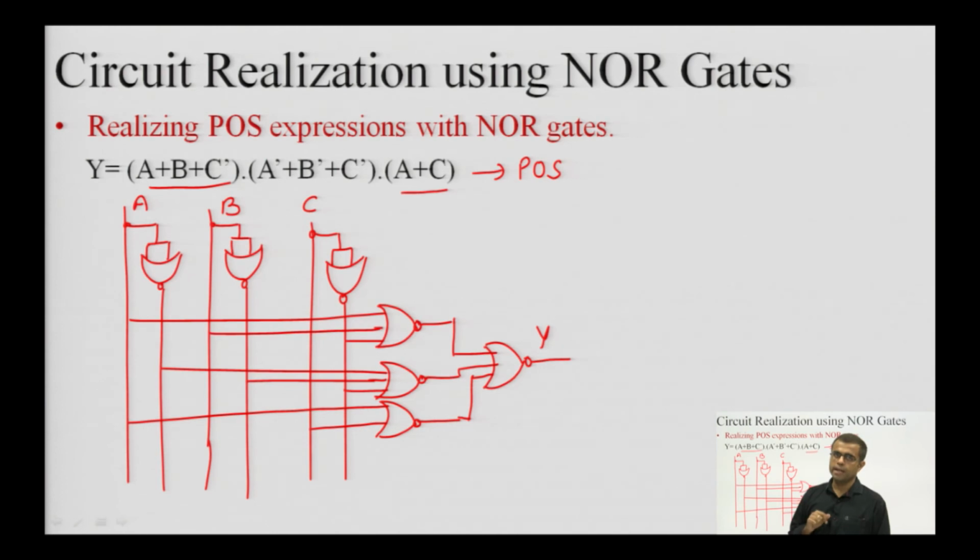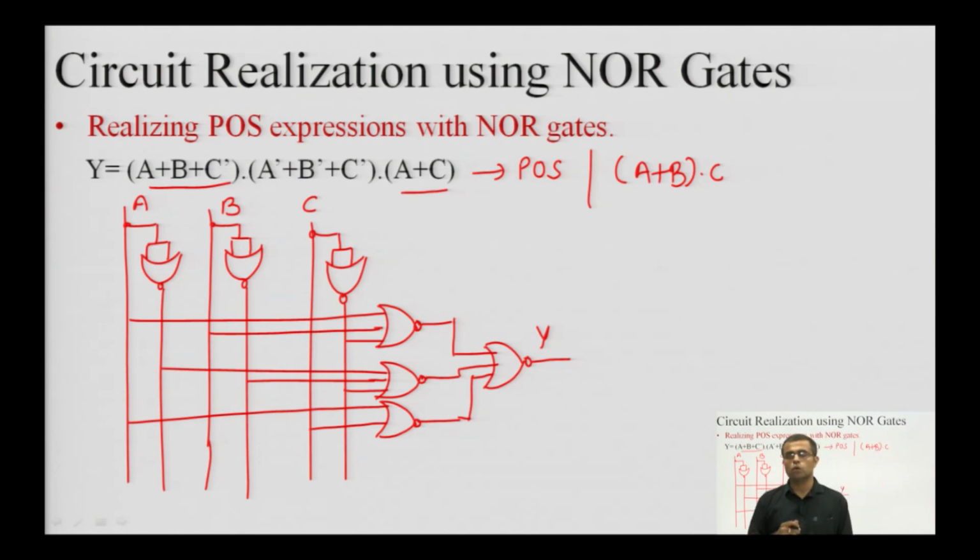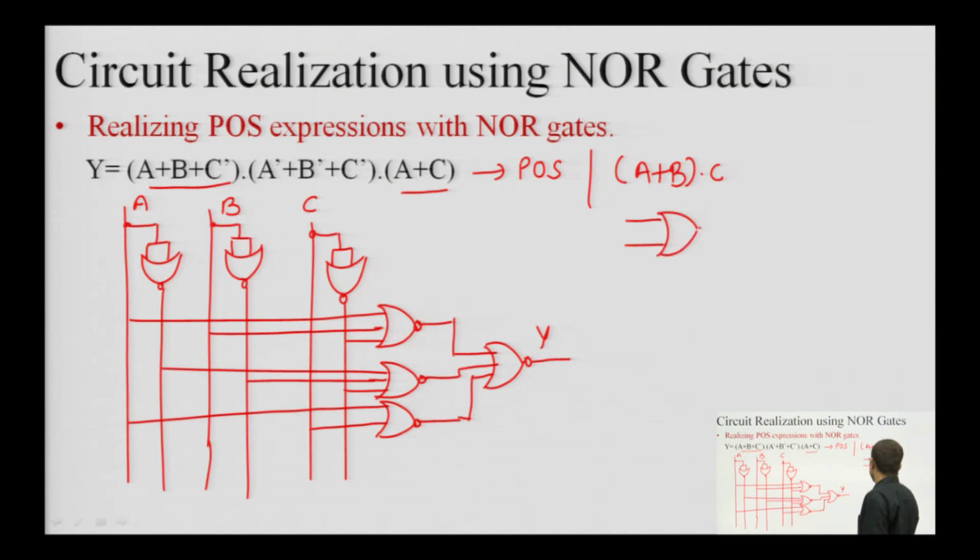Similarly, like in NAND gate we have seen that there has to be an OR gate, and that OR output has to pass through an AND gate. Both these are required to generate NOR based structures. That means, if I am provided with something like this, a plus b into c, and if I am asked to generate the NOR structure for this, then it is very much clear that for this sum I will be using a NOR gate, but this c will again pass through a NOR based NOT gate. So, this is a, this is b and this is c.